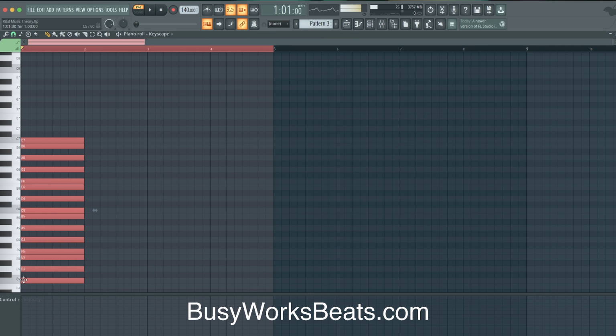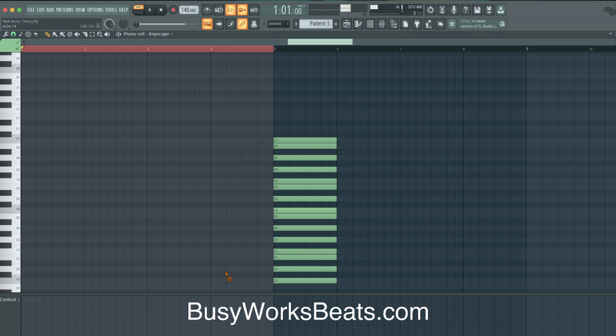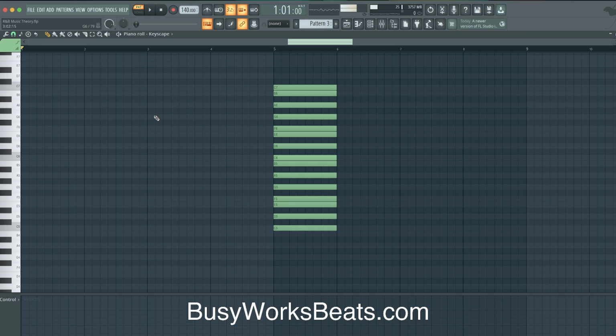Let's move to a new pattern here. Let's copy and paste the C major scale, which is just all the white notes starting from C. It's a lot easier to remember. We're going to start with the tonic. I'm going to move quicker here because now we're just using simple scale degrees. We have the first. We're going to use the fourth. It's going to give us F. We're going to move to our 6th, which is A. That's the relative minor also.